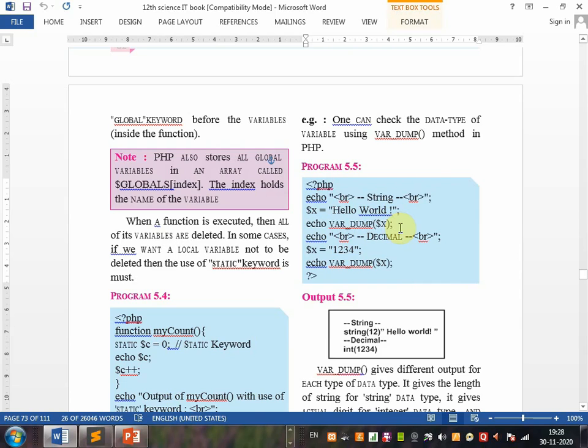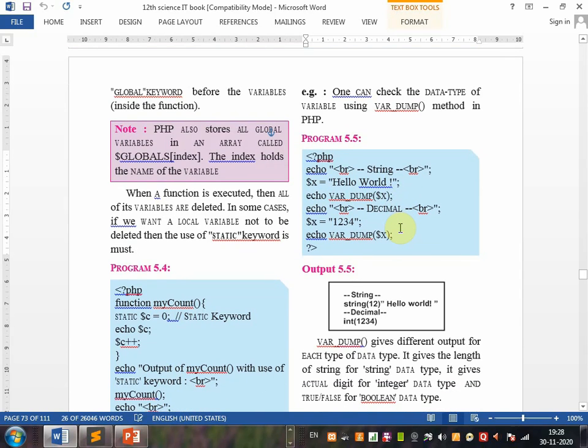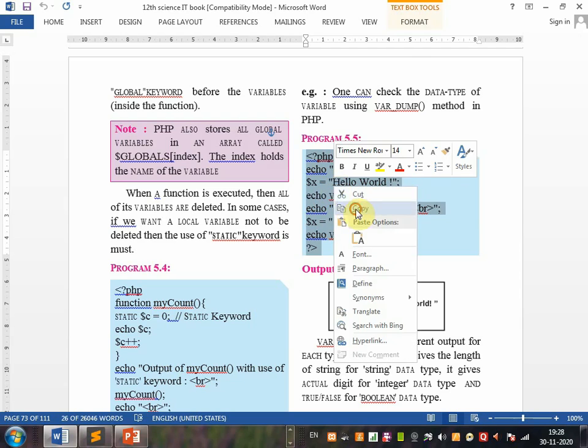The dump variable gives different output for each data type. It gives the length of the string for a string data type, the actual digits for an integer data type, and true or false for boolean data types. Now here an integer is there, that's why you will get the output int 123 if you use the variable dump. So let's see, this program we are going to write in the Sublime text editor,